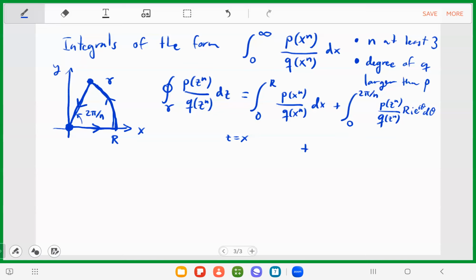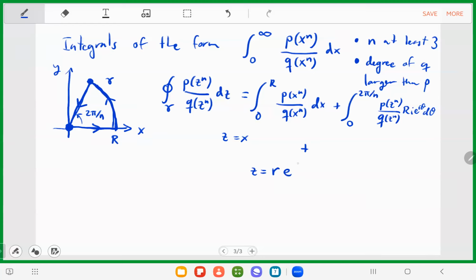Again, there are some easy changes of variables along the contour; we are choosing the contour to make it easy. For example, z equals x if we're going along the x axis. Now, a line that goes through the origin like this can be converted into a real variable. The real variable can be the modulus of the complex variable. So if I take this to be a variable r,